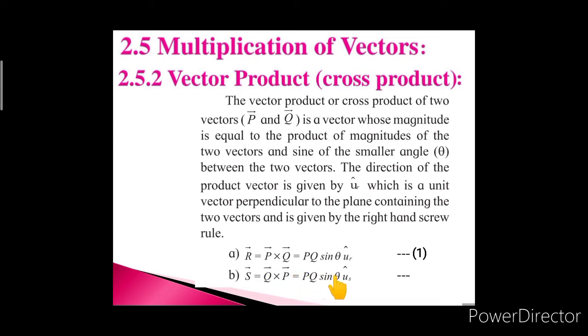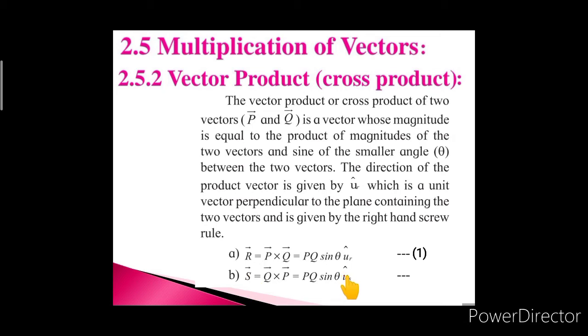So PQ sin theta, where P is the magnitude of the vector P, Q is the magnitude of the vector Q. So PQ sin theta is the magnitude of the vector S. As vector S is a vector quantity, it has magnitude as well as direction. Theta is the angle between vector Q and vector P there. So the magnitude of the vector S is given as PQ sin theta, and the direction of the vector S